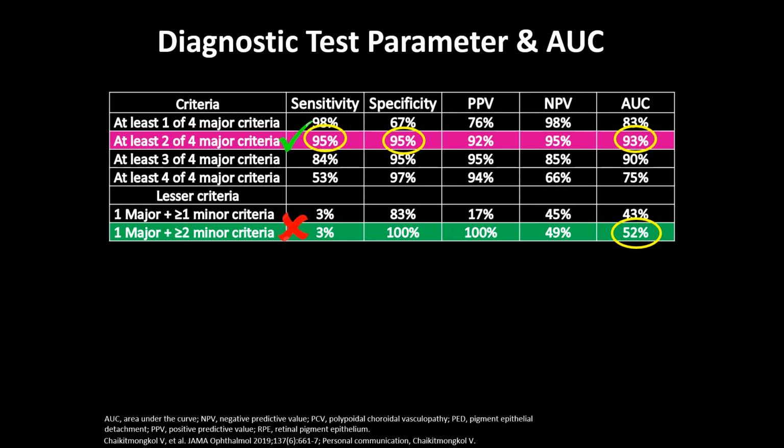And then we did further analysis to find whether we can increase the accuracy when more than 1 major criterion was found. And we found that if at least 2 of 4 major criteria are present, we get the highest accuracy, which is 93%, with 95% sensitivity and 95% specificity. If we found only 1 major and 2 minor criteria, the accuracy drops to 52%,